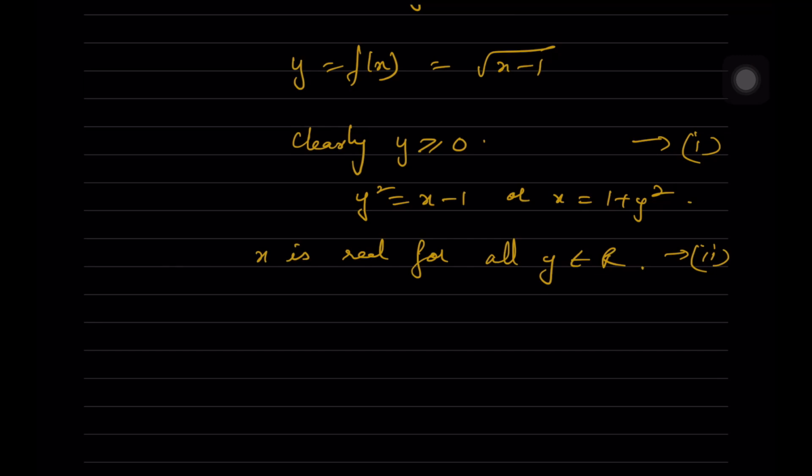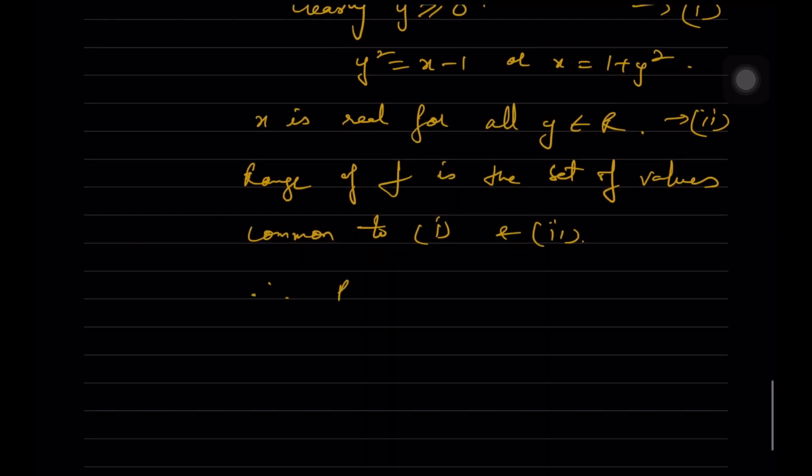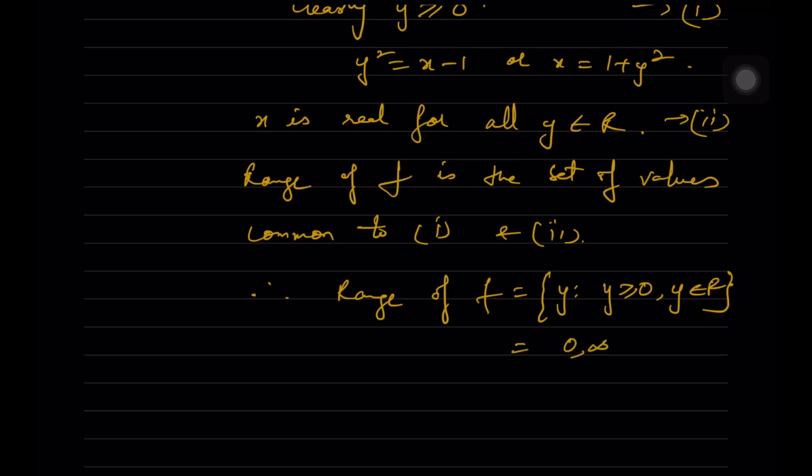therefore the range of f is the set of values common to 1 and 2. So the range of f is y such that y is greater than or equal to 0 and y belongs to R. So what are you getting? It's 0 to infinity. These are the values it is taking, because we are taking y greater than or equal to 0 here,